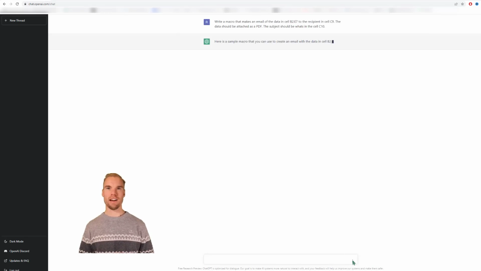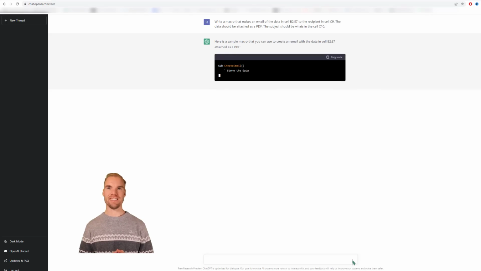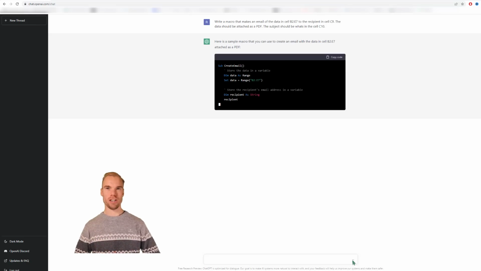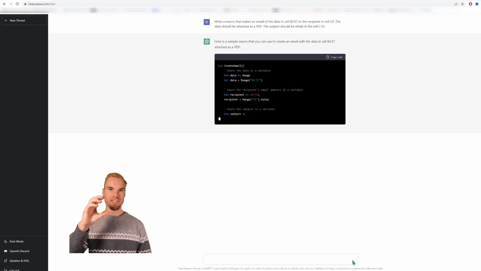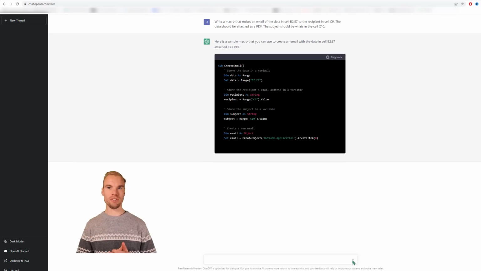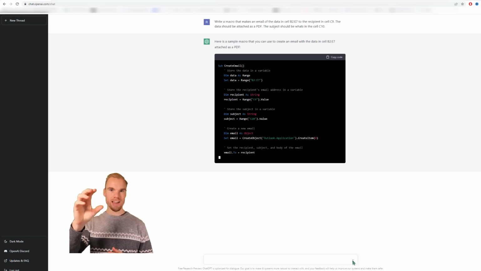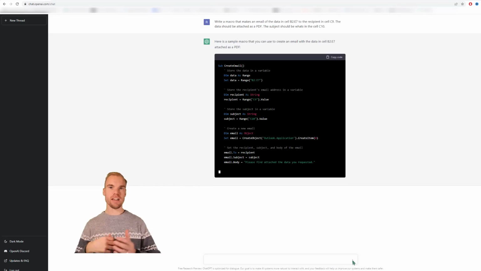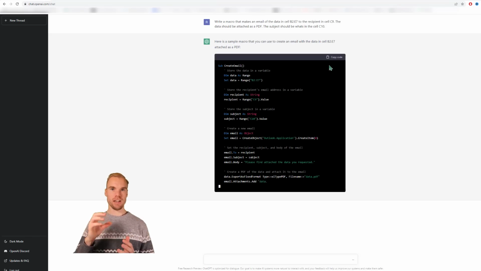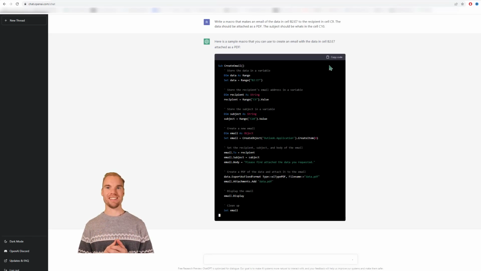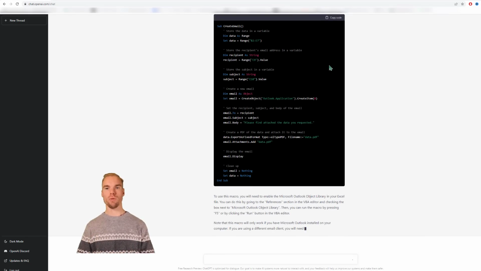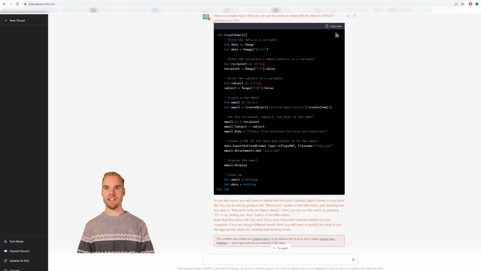Here is a sample macro that you can use to create an email with the data in cell B2 to E7 attached as a PDF. So let's see if it will work. So first it will write the code, and you will have text explaining what the code will do for you. Then it will create the entire code in just a couple of seconds, and you copy the code up here, and after it's written it will also explain what it does. So it actually says that you only need to copy it and paste it into